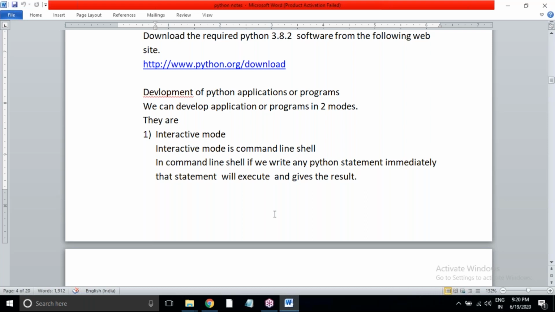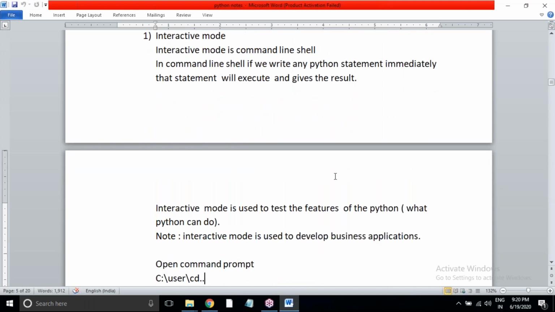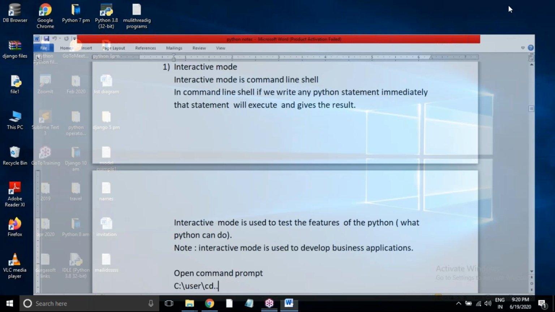It is used to execute the statements immediately, and then it gives the result. So it is used to check the features of Python, like what is the module, how it is working, what are the functions, how the functions will work. All these we can check in interactive mode. So here I'll use interactive mode now.